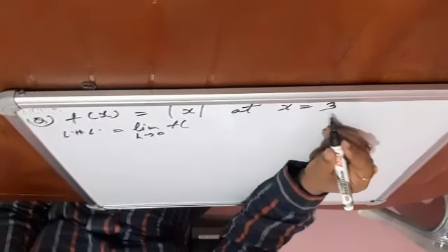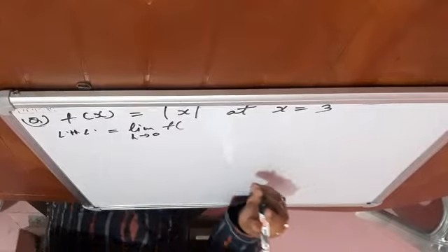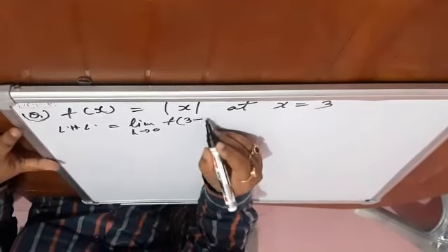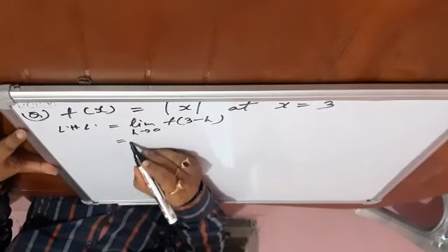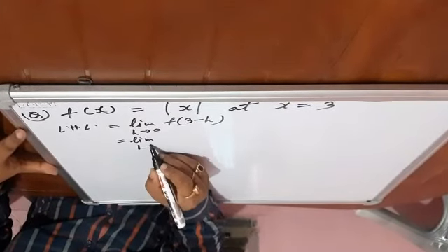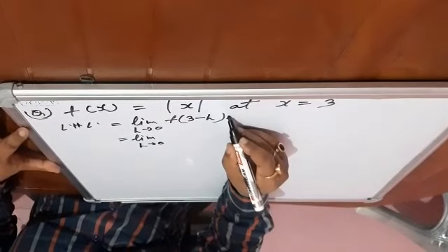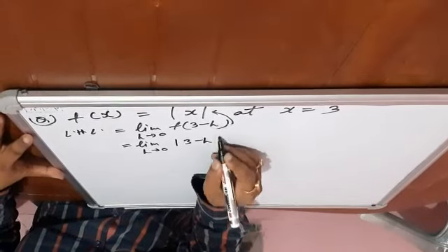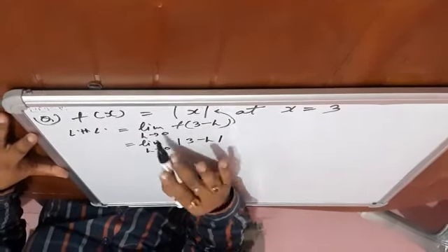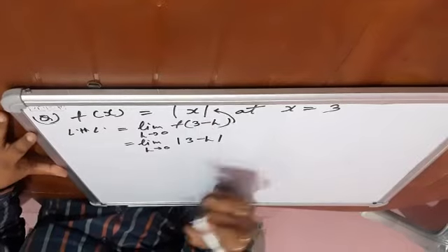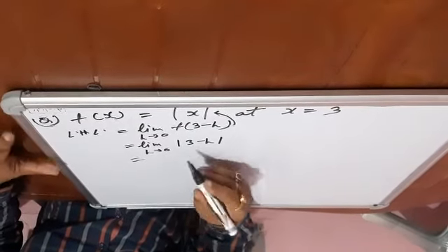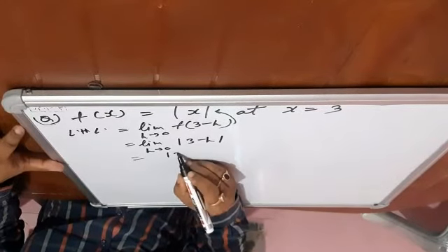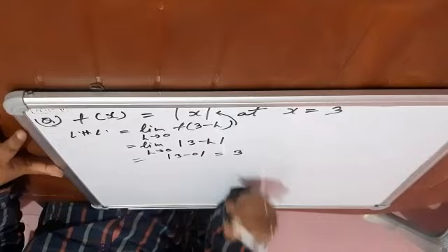f of, at which point? We have to check at 3, so we will move a little behind 3 and a little ahead of 3. Then at first in LHL it is 3 minus h. At the very next step I told you the limit will remain the same, only you are going to use the value of the function. So what is the meaning of f(x)? It is mod of 3 minus h. f(x) is equal to mod x, then f of 3 minus h is mod of 3 minus h. At the very next step use the value of this limit, means remove the limit here and use the value of the limit here. It is 3 minus 0, so the value is 3.